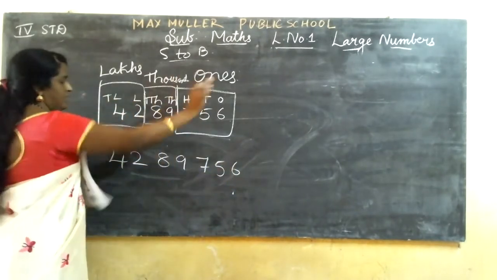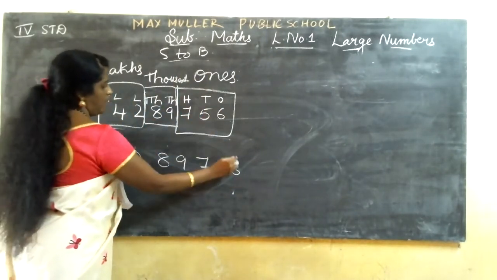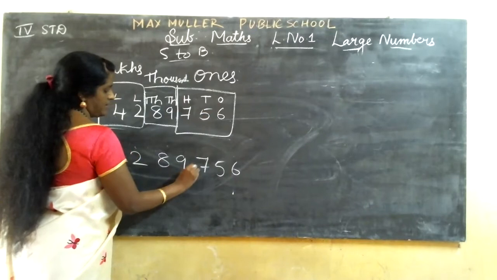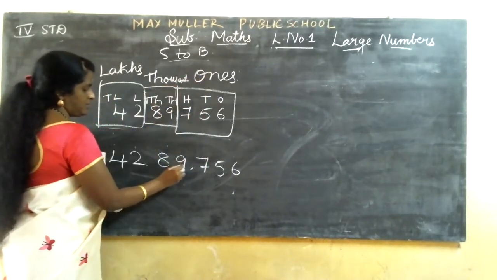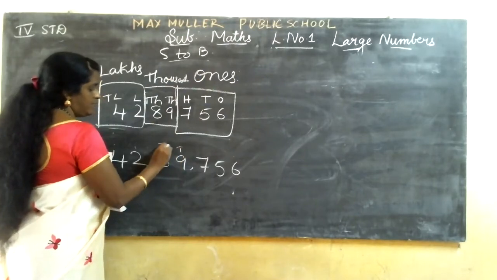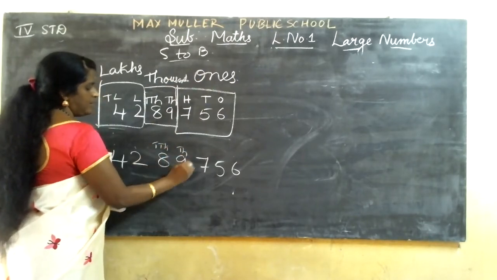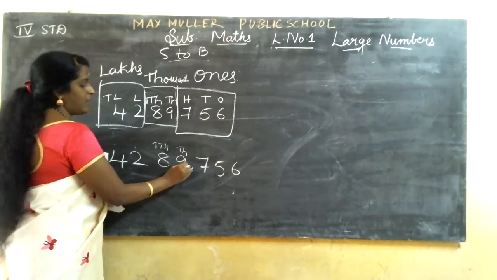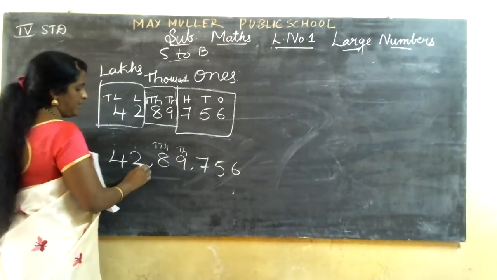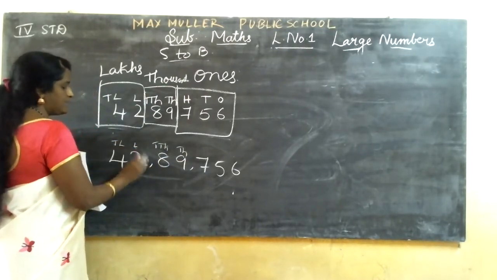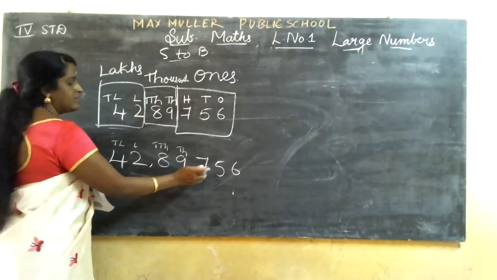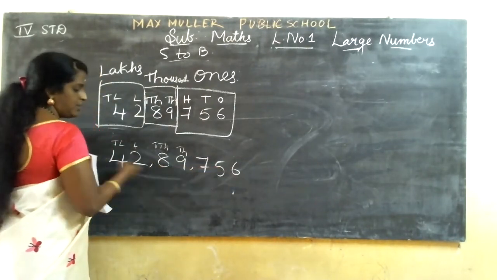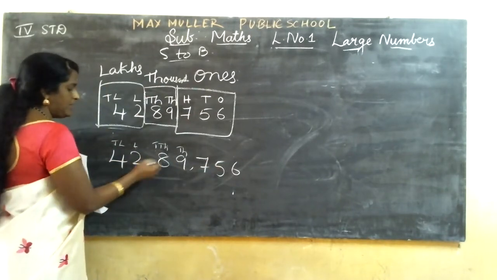These are periods. I have given the numbers here. Ones, tens, hundreds, after hundreds a comma. These are all ones place. Next is 1,000, 10,000. So these two are also thousands place, so here a comma. This is lakh, 10 lakh, so here a comma. See, 42 lakh, 89,000. From the right you should come, and where you should put a comma, you will come. Simply here a comma, here a comma.